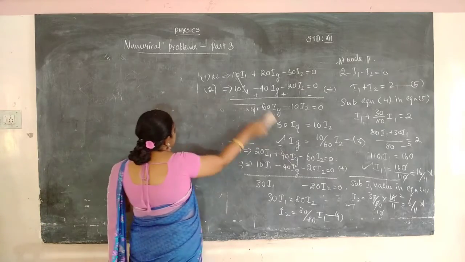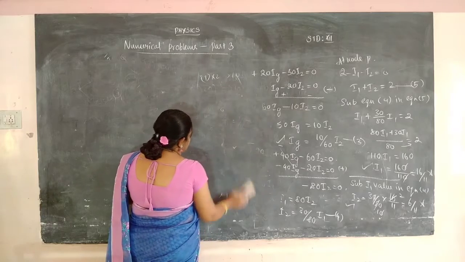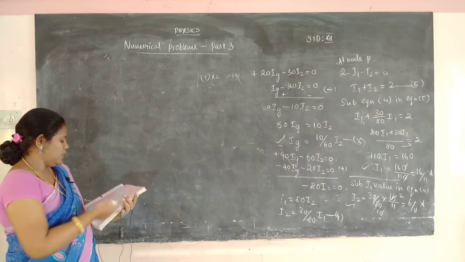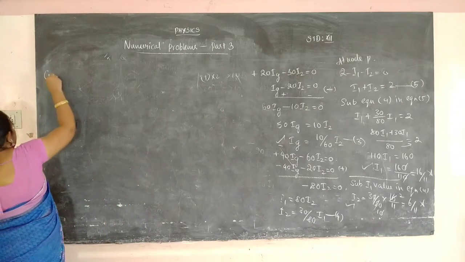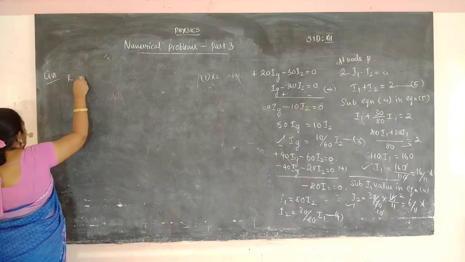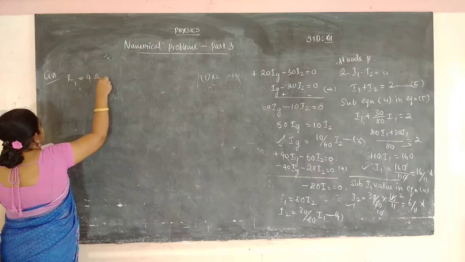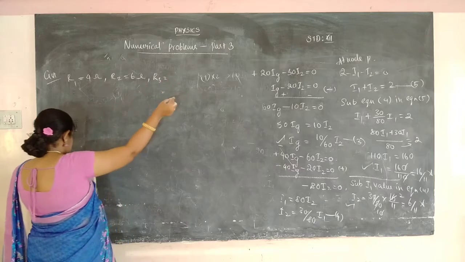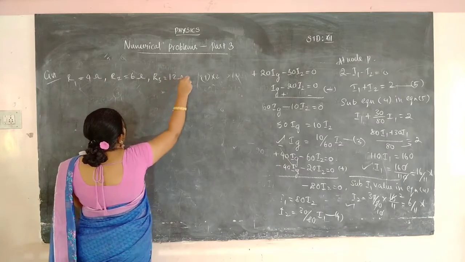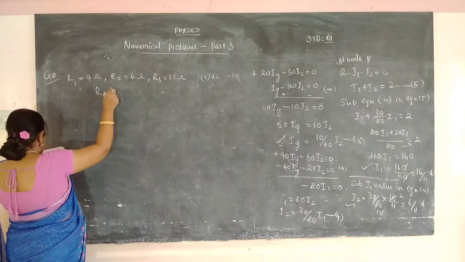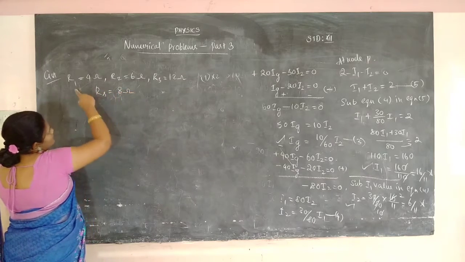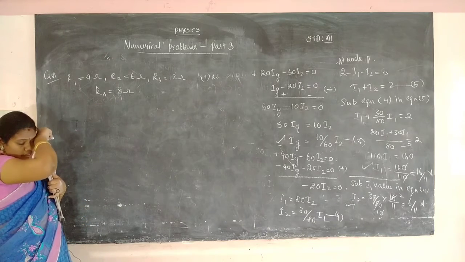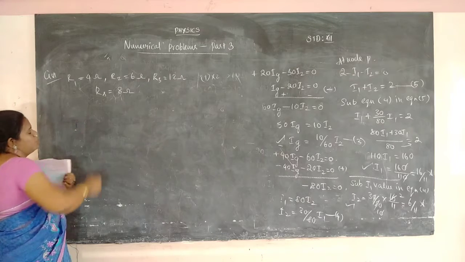First frame the circuit in this problem. So 3 resistors will be connected in parallel. What are the 3 resistors? 4 ohm, 6 ohm and 12 ohm. Okay. So first take what is given. R1 is equal to 4 ohm, R2 is equal to 6 ohm and R3 is equal to 12 ohm. Okay. And the series resistor RS is equal to 8 ohm. Okay. 3 resistors will be connected in parallel and the parallel combination will be connected with the series resistance of 8 ohm.